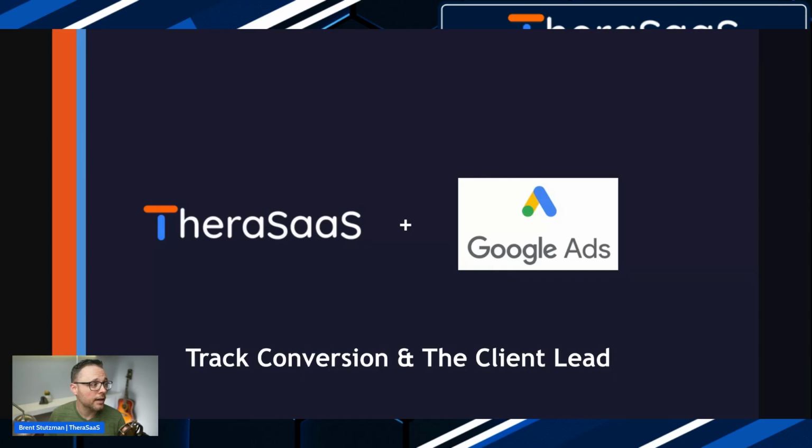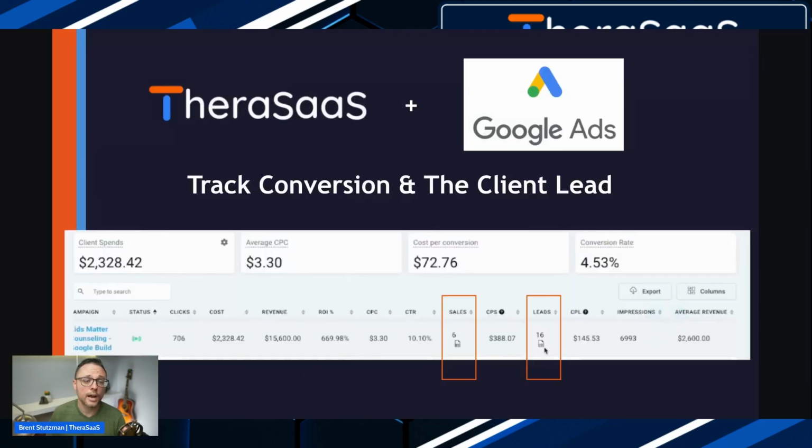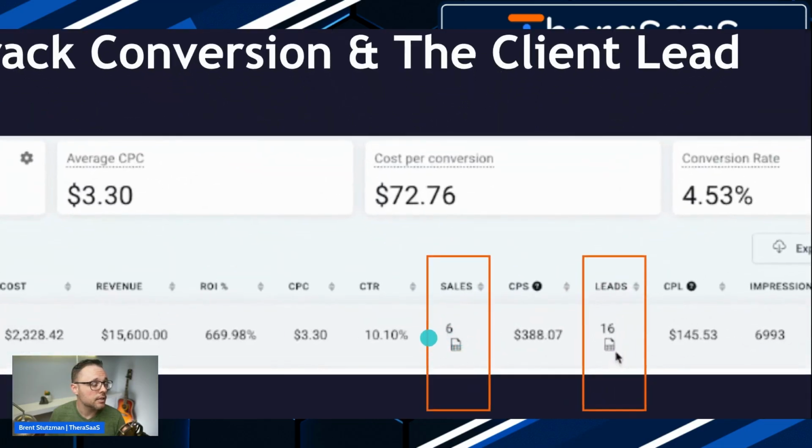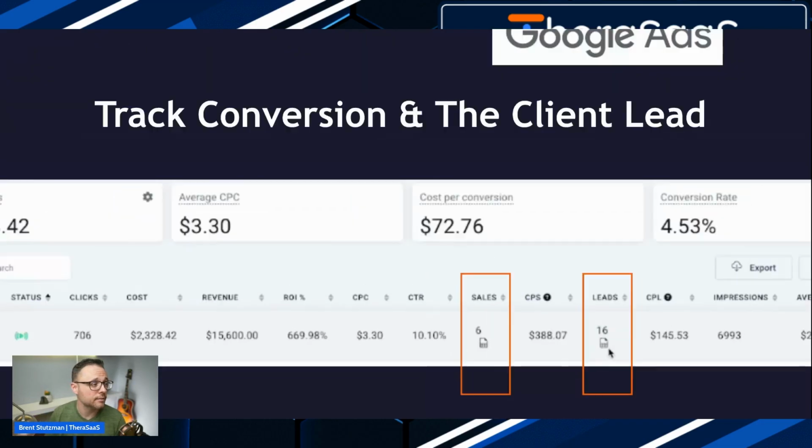Therasas and Google Ads actually do work together, and you can track the leads inside of this. So for example, when you integrate your Google Ads with Therasas, it pulls in the data, and you can see sales and leads. These are essentially the same thing. It's just how you set it up. So in my wife's account, I have both. If I was to click on this, it would show you the contacts that converted from a Google ad. I have all these help desk articles in there so you can share with your Google Ads team how to track the Google Ads so Therasas can read that data, right?